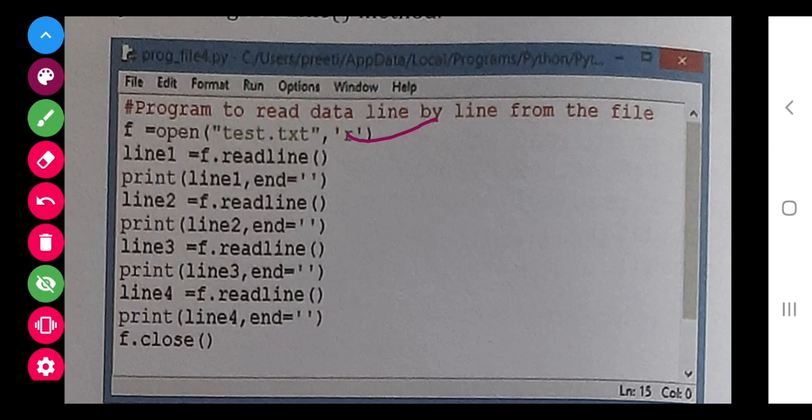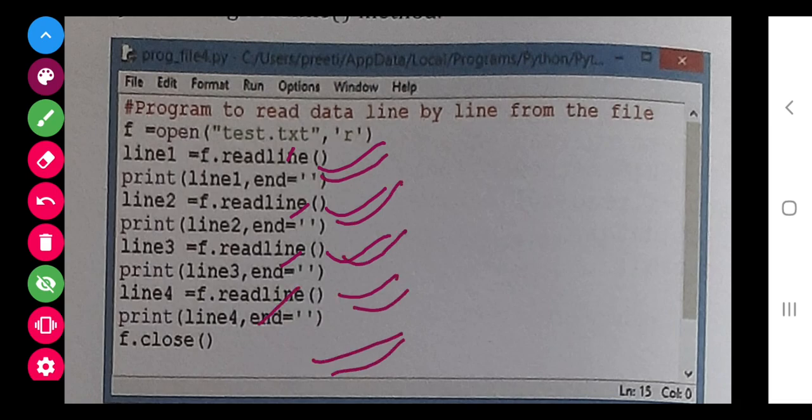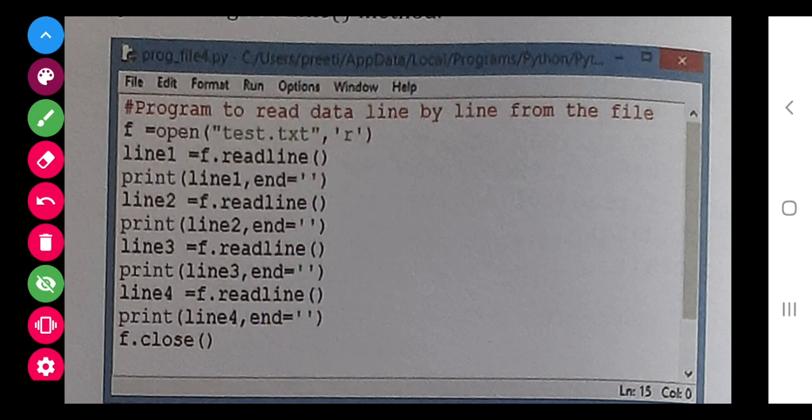Now the file is opened. If you do like this, line 1 readline, the first line is read. Now you have printed this, now you want to read the second line, again write line 2 is equal to the second line, line 3 is equal to again. So it is automatic, this will take the first line, this will take the second line, this will take the third, because one after the other readline command is written. So first line, second line, third line, fourth line, after this if there is a fifth line also, then it will get printed. These are just printing statements, that you are reading a line and getting it printed.